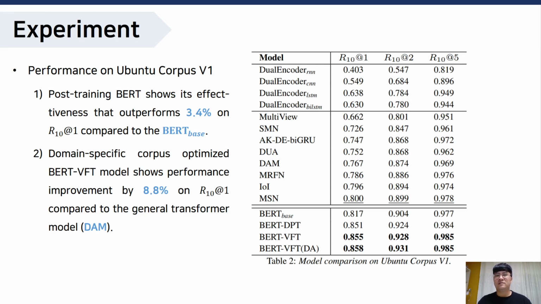BERT-BFT is a model that selects the number of top layers to fine-tune in BERT-DPT. So, for example, when T is 12, all the BERT-DPT layers are fine-tuned. When T is 0, only the embedding layers are fine-tuned. Lastly, BERT-VFT performs